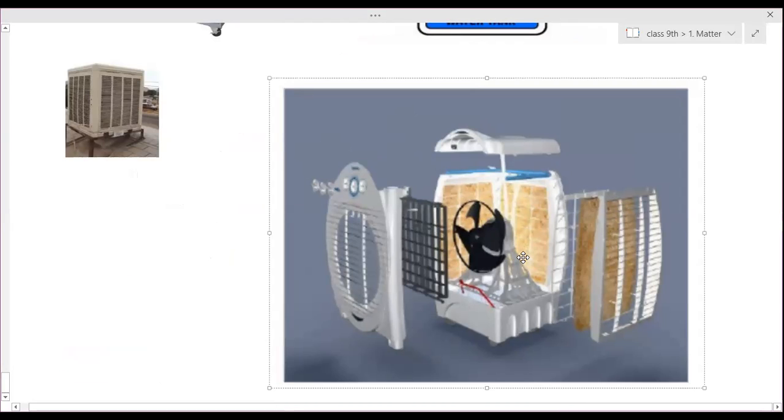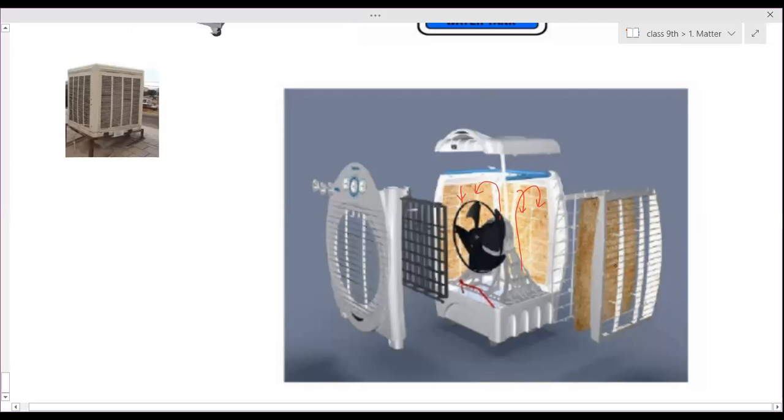Nowadays, it is made from foam. They are directly using the foams. There is a pump, and water is present in this area. With the help of the pump, it is transferred to each and every part. Water is sucked upward with the help of the pump, and there is a pipe. Through that, it starts passing through the sheets, moving downwards. So water is exposed to air from this area.